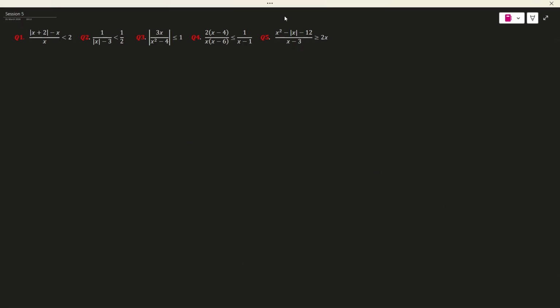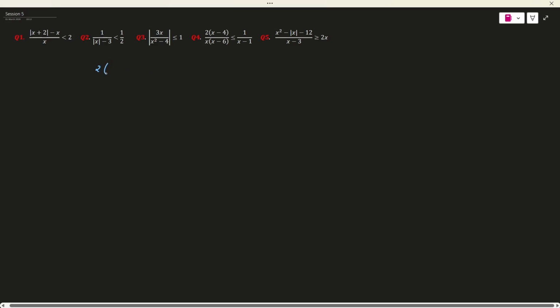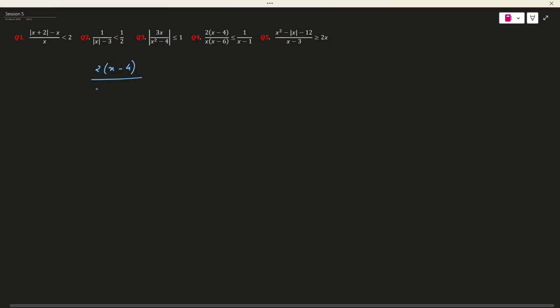All right, so we have done question 1, 2, 3. Let's move on to the fourth question, guys. Okay, we have 2 times x minus 4 divided by x into x minus 6 less than or equal to 1 by x minus 1. No mod here. All right, so let's bring this here. So 2 times of